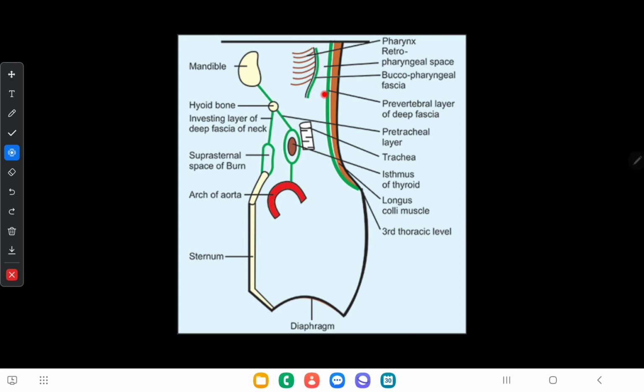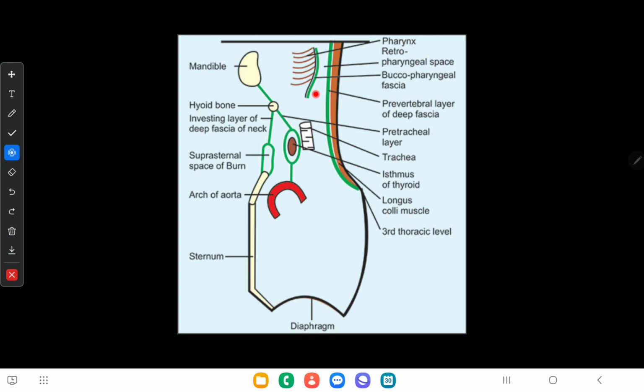Here there is a clinical significance as well. The retropharyngeal space is filled with loose areolar tissue which lies in front of the prevertebral fascia and behind the pharynx and esophagus. It acts as a bursa for the pharynx to move. Therefore, this extends inferiorly to the mediastinum, and this space is divided into right and left parts in the midline by